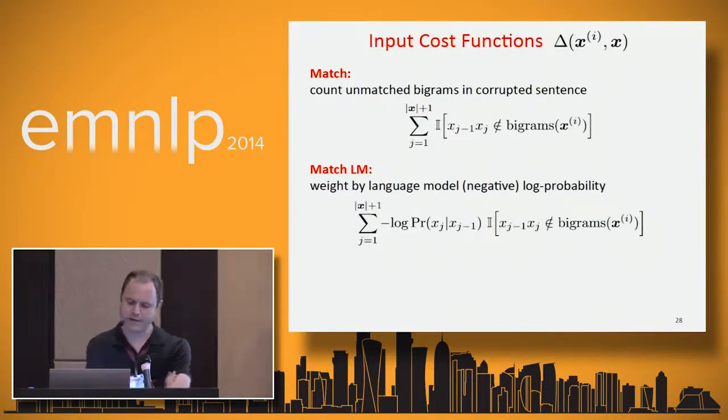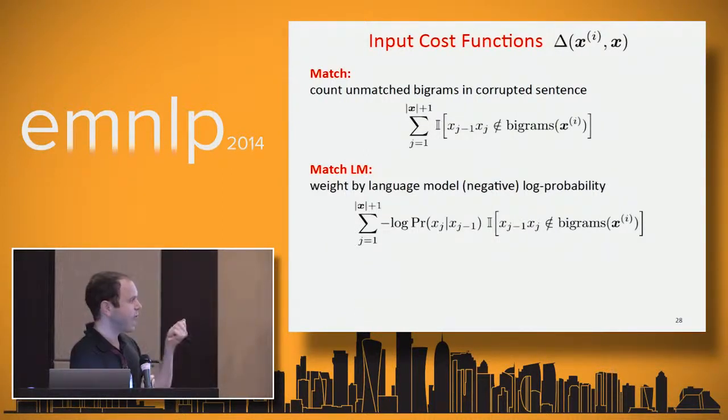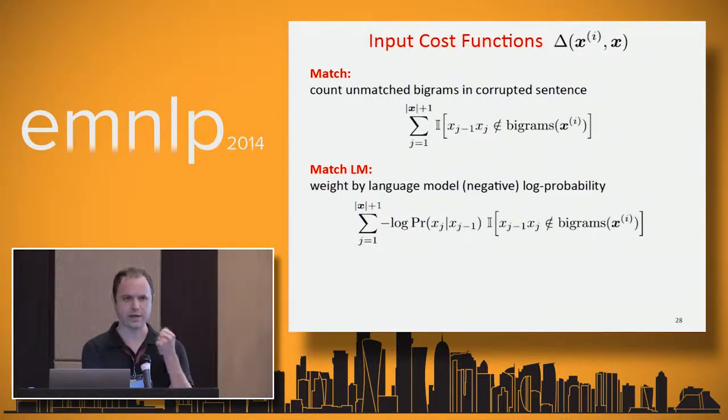And so if we think about this, this is kind of like saying if we've seen the bigram in the observation, then the second word given the first is not at all surprising, because then the indicator would be 0. But if we haven't seen the bigram, then we want to only penalize it if it's a very surprising bigram. And so if we haven't seen any of them, this ends up being just the negative log probability of the sentence under a bigram model.